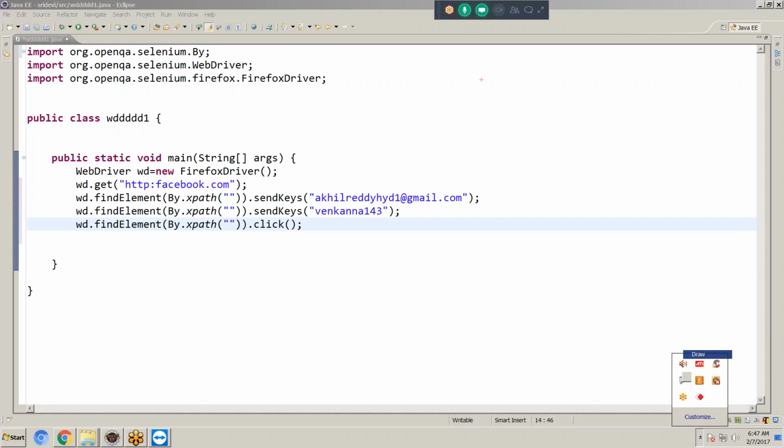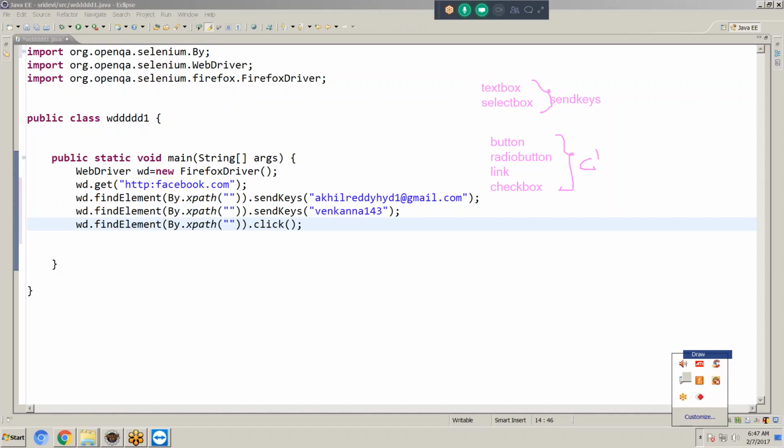If it is an edit box, which some people call a text box, or a select box, we will use sendKeys. And for a button, radio button, link, or checkbox, we will use click. This is the only one point you should remember.